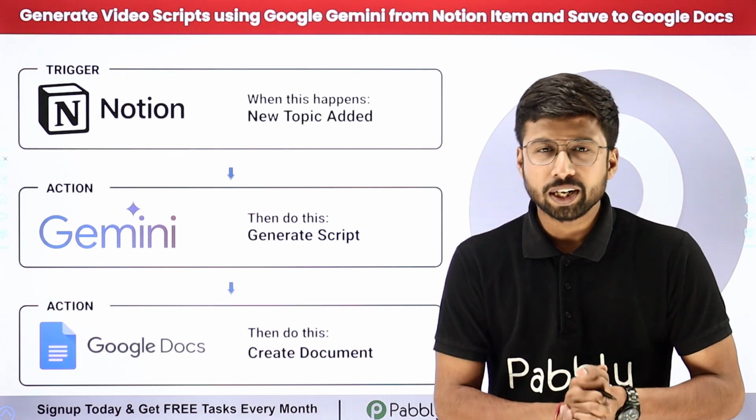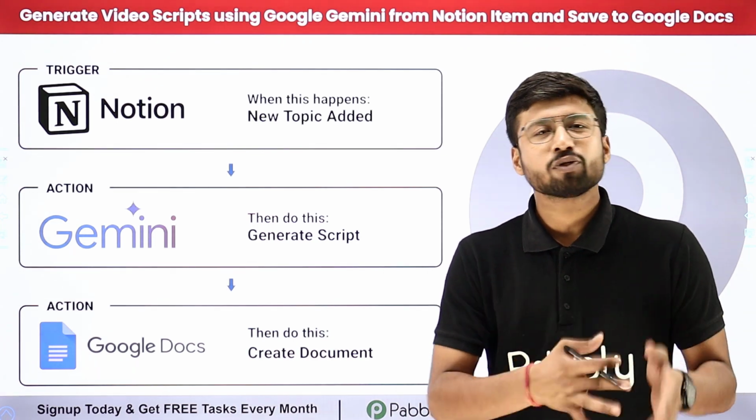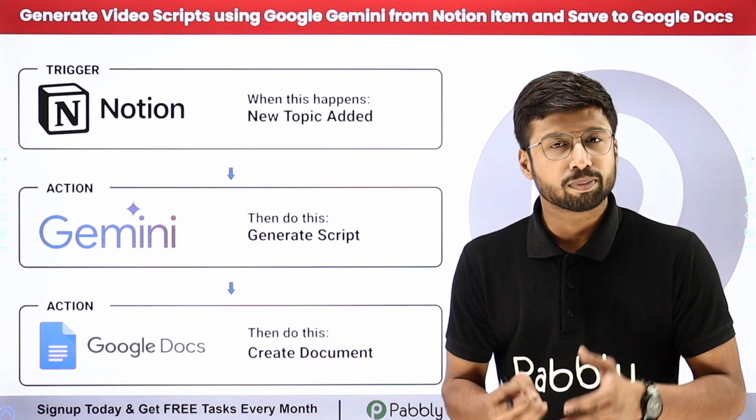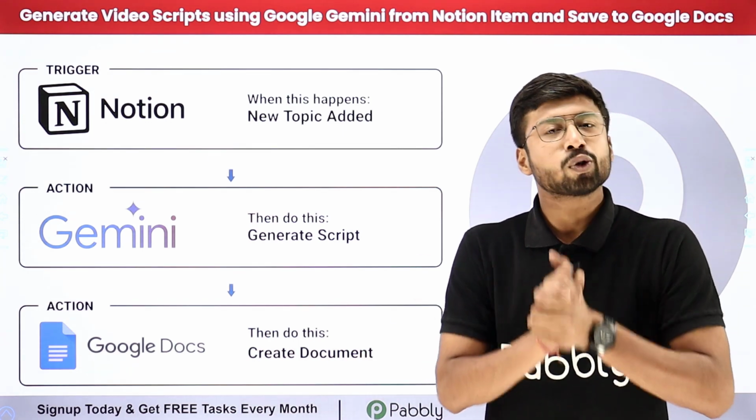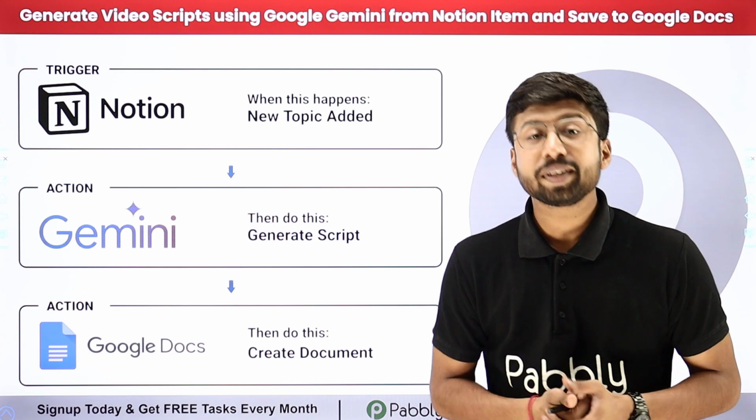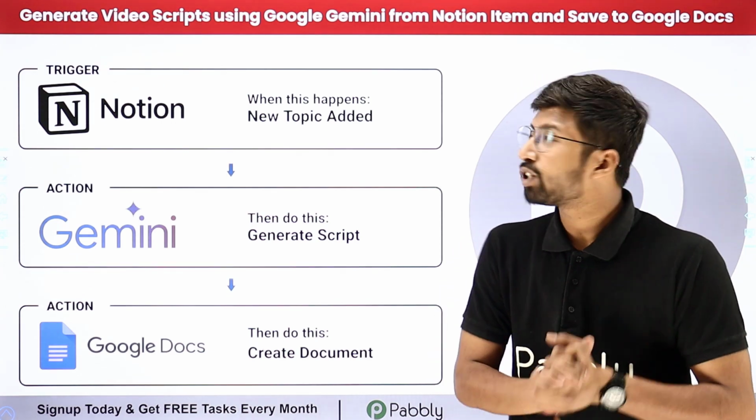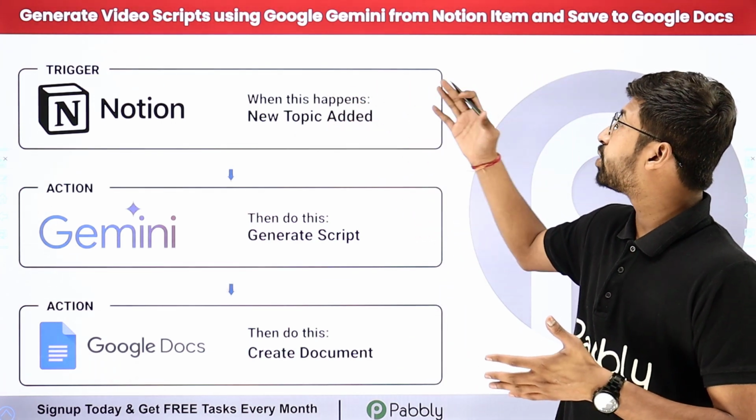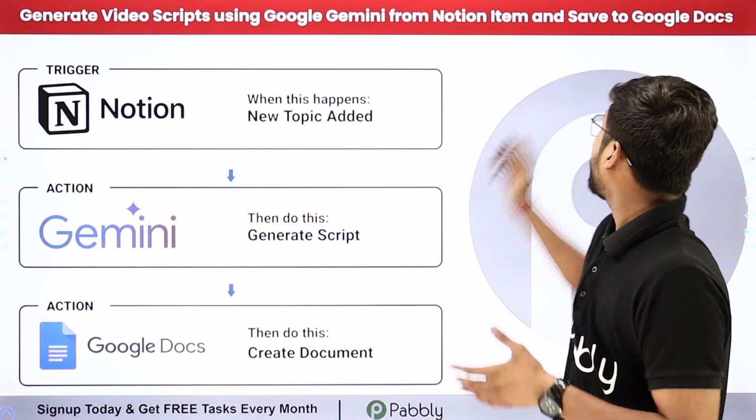So if you're a content creator, then you must know that scripting is one of the most crucial and time-consuming parts while creating a video. So today I'm going to tell you how you can automate this process as well. So we are going to learn how to generate video script using Google Gemini from Notion item and save to